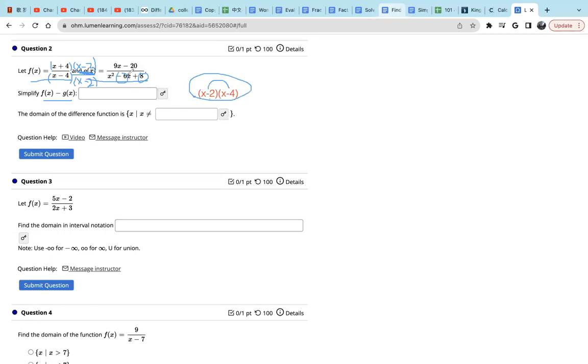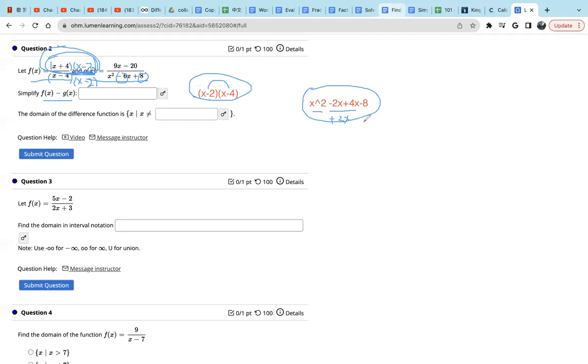So once I do this, I have a common denominator. But then I have to multiply those two binomials. Multiply those two binomials, what do I get? I get x times x, x squared. I get x times negative 2, negative 2x. Then 4 times x, I get 4x. Then 4 times negative 2, I get negative 8. So the numerator, when I multiply these two, I get this. I can simplify those two. Those two are like terms. So those simplify to be 2x. So I have x squared plus 2x minus 8